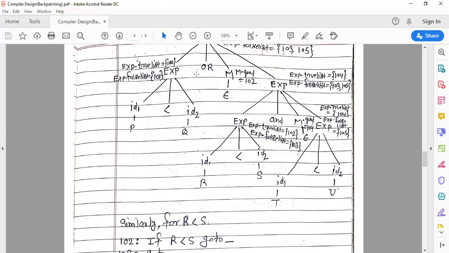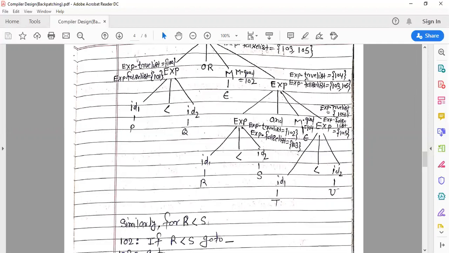Like this, in the tree again you can see at this node exp.truelist is equal to 100, exp.falselist is equal to 101 and m.quad is equal to 102. Here exp.truelist is 102, exp.falselist 103, and m.quad is equal to 104.